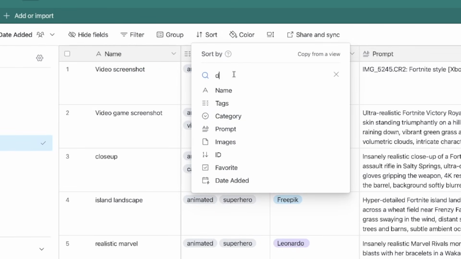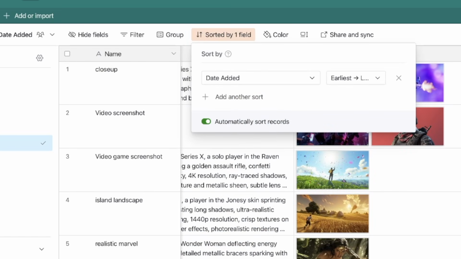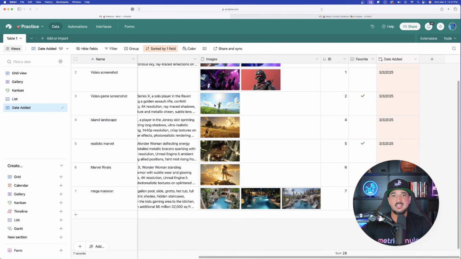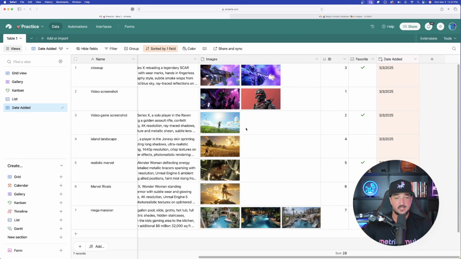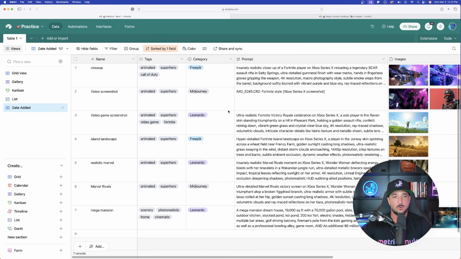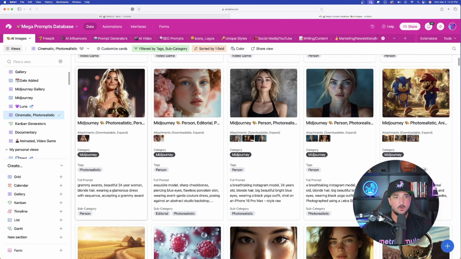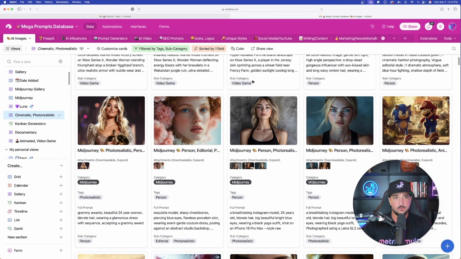We're going to sort by date added. Remember, it's going to show any column we've created. And then I select earliest to latest, or you can go latest to earliest. But now, anytime you want to see your oldest prompts or your newest prompts, you can quickly scroll to the top or bottom, and now they're going to be organized by date. Remember, if I want to have one specific to only cinematic photorealistic ones, okay, like this large one over here,